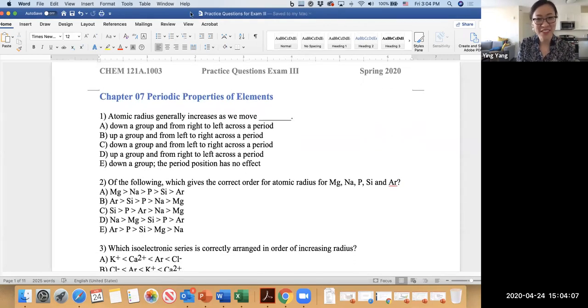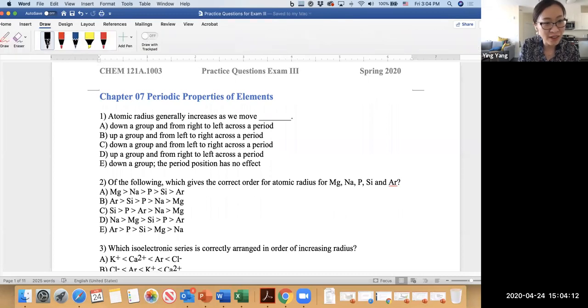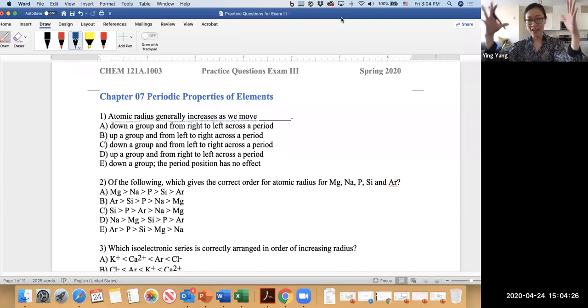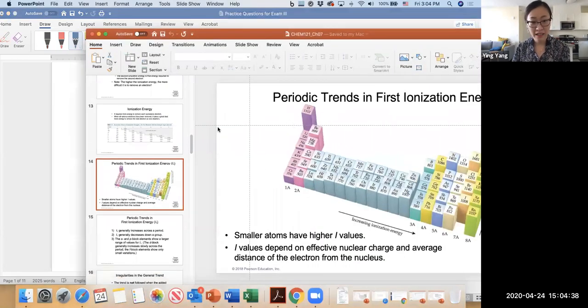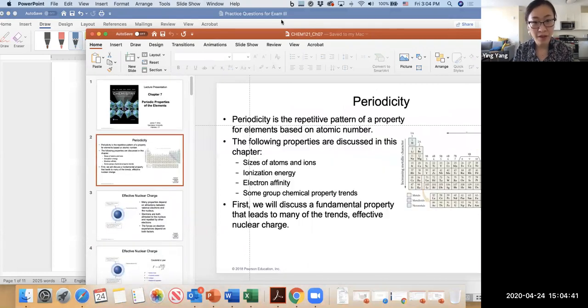First one, I'm going to use the draw function over here. It's asking, the atomic radius generally increases as we move. This is a conceptual question asking how the radius of the atoms changes in the periodic table. So if we pull out the slides, chapter 7 over here,